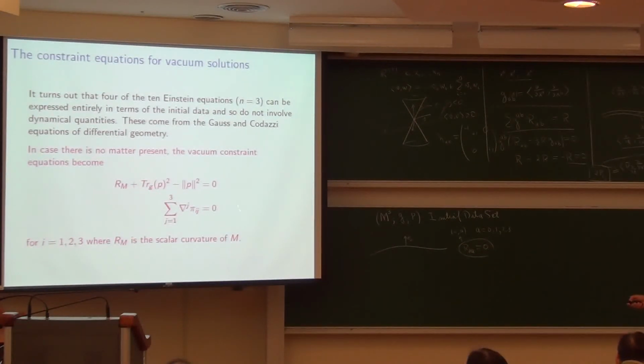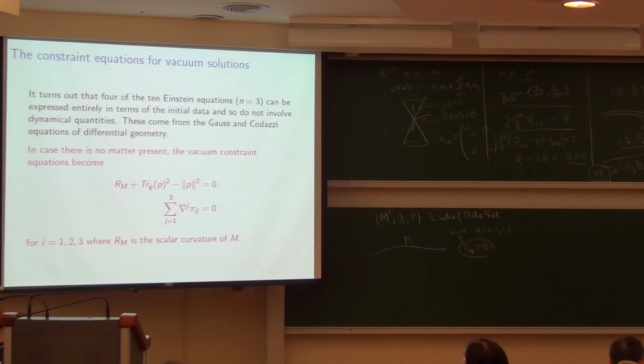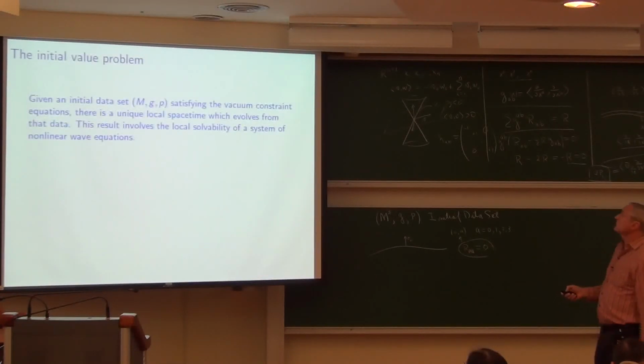So this is a set of 4 nonlinear PDEs. These are coupled equations because the del there involves the metric G. It's linear in P if you fix G, but the coupling term is a nonlinear term. So this is a system of 4 nonlinear PDEs for the initial data, G and P, and these are called the constraint equations. The initial value problem says that if I take an initial data set M, G, P, and if it satisfies, say, the vacuum constraint equations,